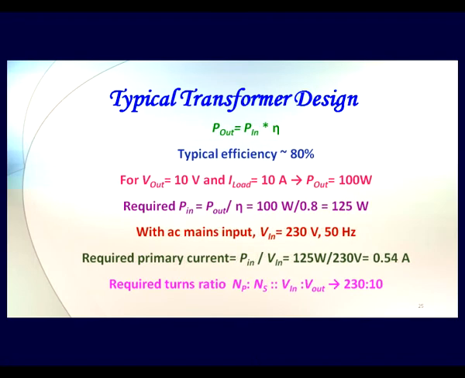The turns ratio that we are going to require is V in is to V out, that is 230 is to 10. So in primary, if we have 230 turns, in secondary we should have 10 turns, or in similar proportion you can always have, say, 460 is to 20, and so on and so forth.